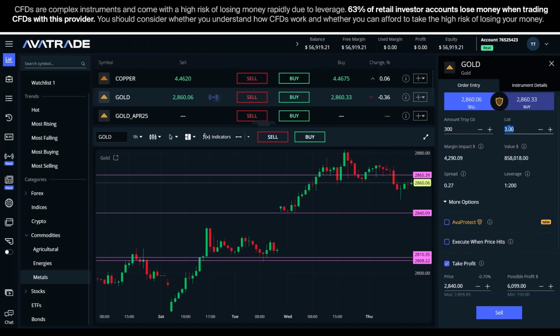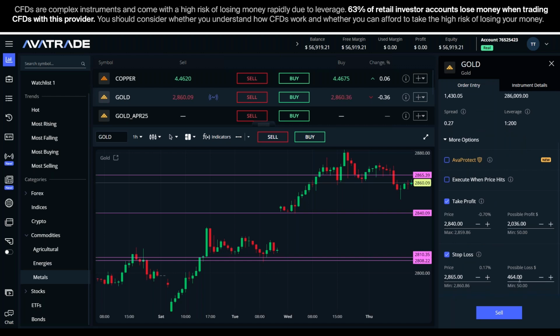And then I just take a look and say, okay, if I do one lot, I'm risking 464. That's less than 1% of my balance. So maybe I'm comfortable risking 400 and change, okay, to make over 2,000. I only need to be right on something like this 1 out of 5 times, and I can still profit. If I'm 25% accurate, 1 out of 4, I'm making a nice profit. Okay, so I can sell on this.